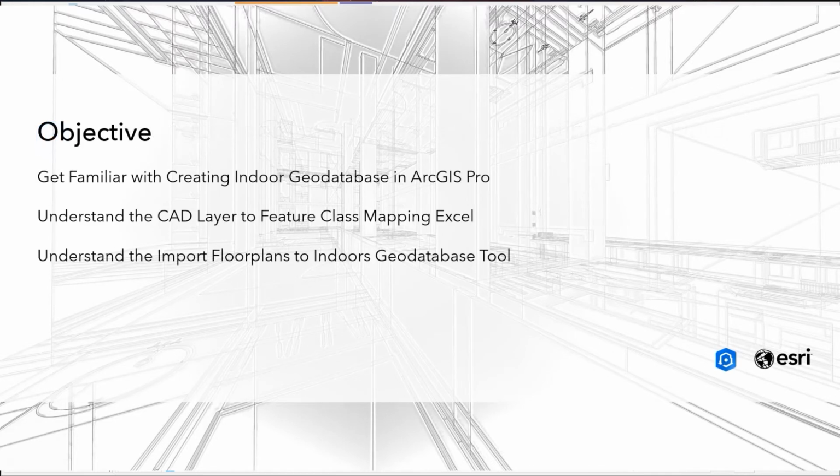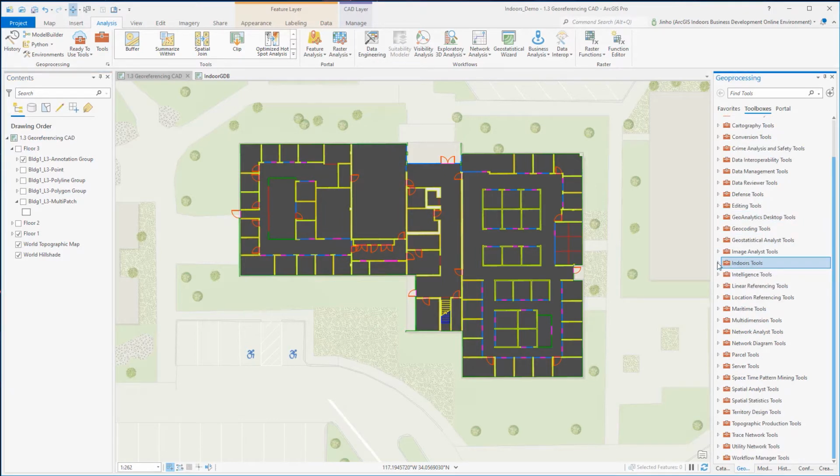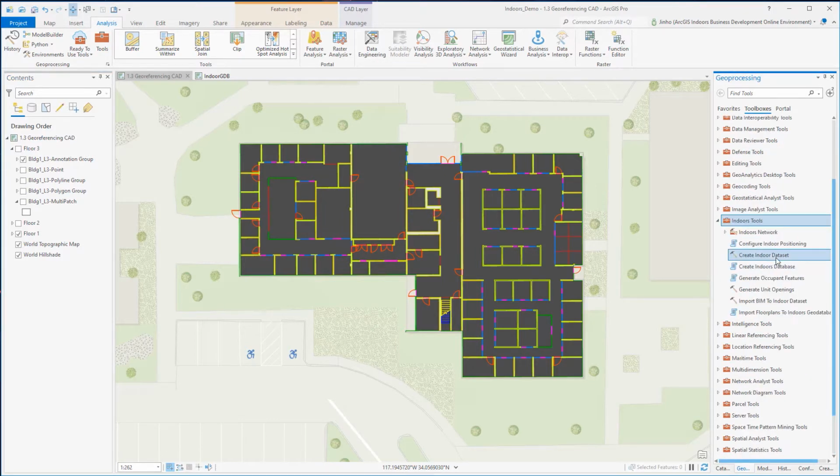In this demonstration, we will create an ArcGIS Indoors database and load the CAD layers to the Indoor feature classes. This video will also look at the CAD layer to feature class mapping sheet to explain the CAD layer identification process. In ArcGIS Pro, under the Indoors toolboxes, you will find two Indoors database generating tools: Create Indoor Dataset and